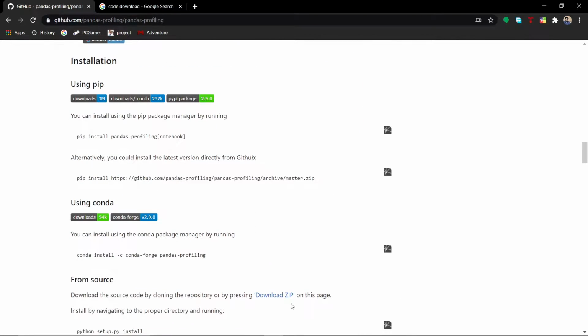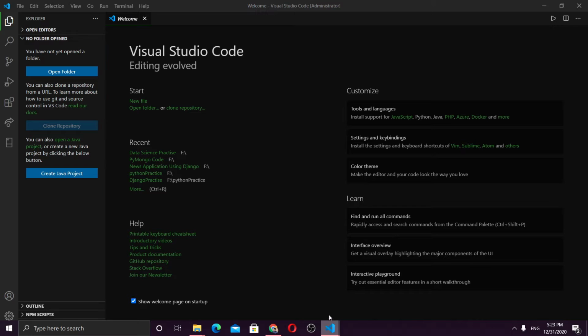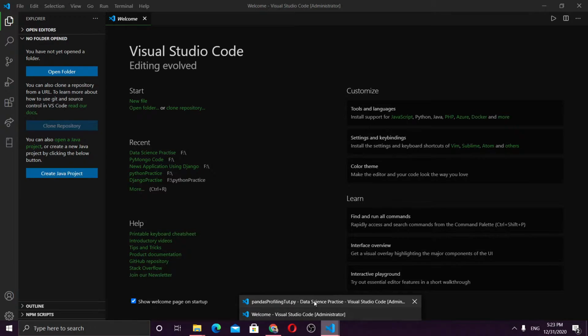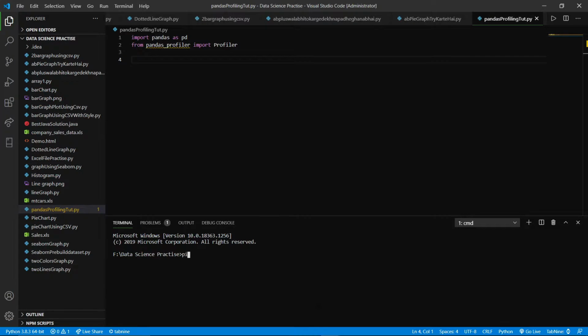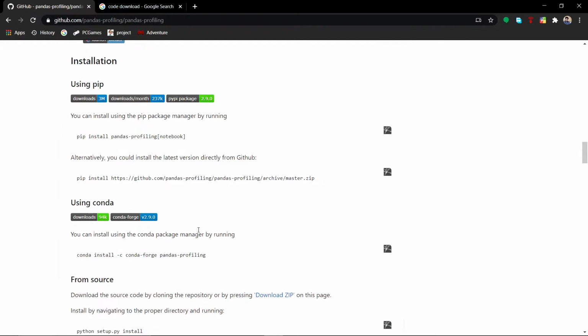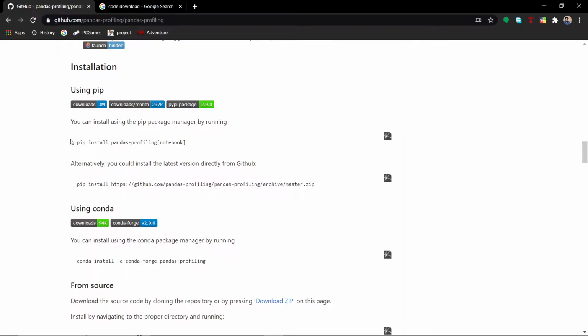So first you need to install that library. Let me show you how you can do it. You just need to go here and type the following command: pip install pandas-profiling. You can see the command here.